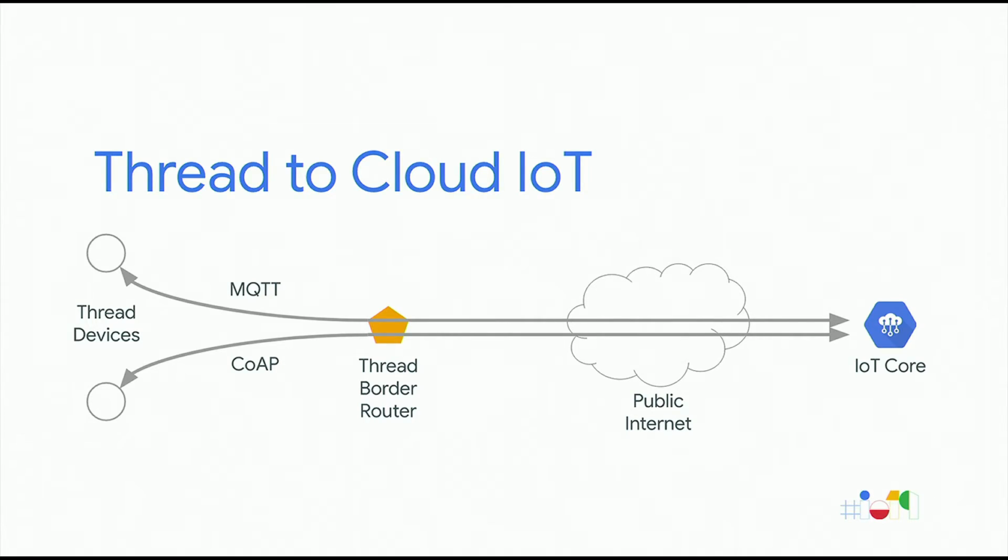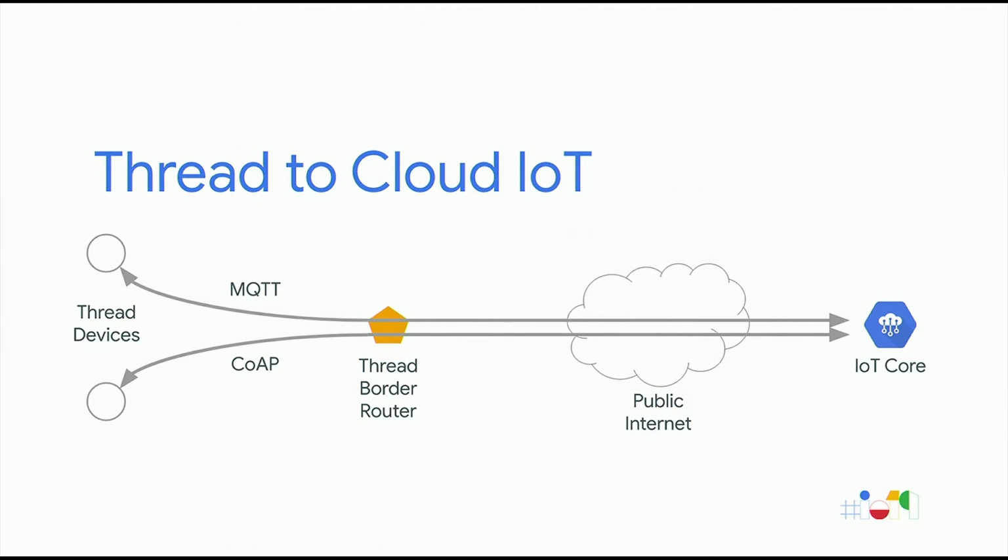All right, so let's get to some of the fun stuff and actually show you how we can build some of it. Now, as mentioned, Thread support for IP makes it possible for a Thread device to communicate securely and end-to-end with IoT Core. In the middle, there is a Thread border router that's responsible for forwarding packets between the Thread network and the public internet. And note that the Thread border router simply forwards IP packets at the network layer and does not need to implement any application layer logic or proxy. In fact, the Thread border router has no knowledge of MQTT or HTTP, making it easy to deploy new applications without having to update or maintain application layer proxies in between.